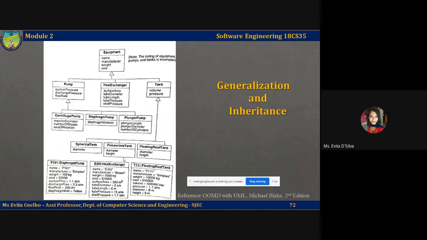Now, suppose I take the pressurized tank class. It inherits volume and pressure from tank, and also inherits name, manufacturer, weight, and cost. So given this class, it will inherit the attributes and operations of all the classes in its ancestral line. Okay, so this is about the class diagram. I hope this notation is clear. And whenever you have generalization and inheritance to be specified, always use a hollow arrowhead with the arrow pointing towards